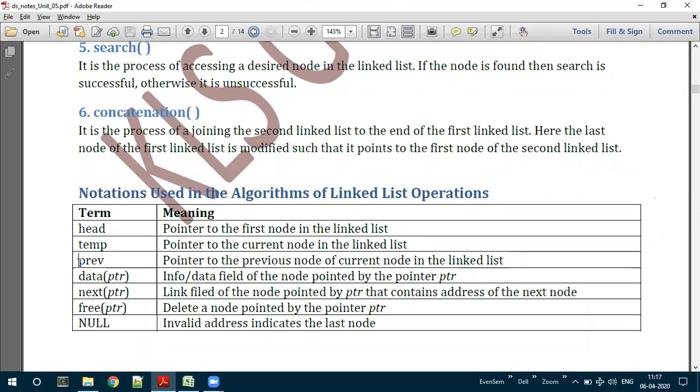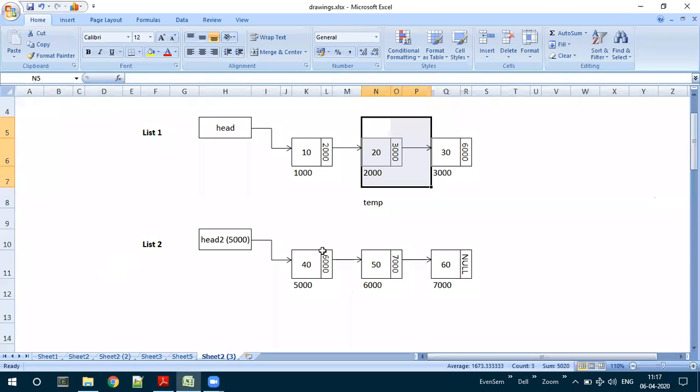Okay, in the same way, we may use one more term called prev, previous. What is this previous? Suppose in this example, this is the temp. Temp means the presently selected node or the current node. Previous means it is the node previous to the temp. Temp is pointing where? It is pointing to the second node.